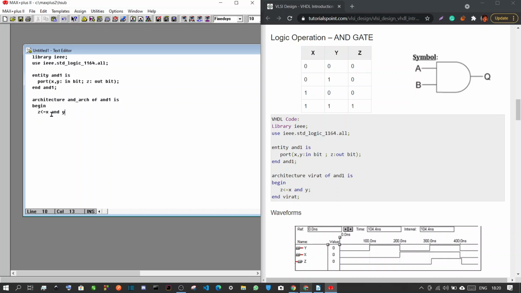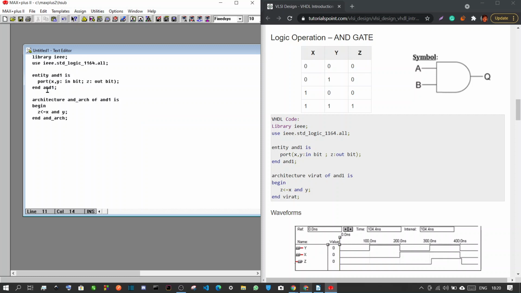And we are operating this on x and y inputs, and we are storing the value in z, right? Then we put a semicolon, click enter, and then we end the architecture that we started. We named it and underscore arc, so we have to type that again, and underscore arc, and put semicolon. So this is the program that we have.